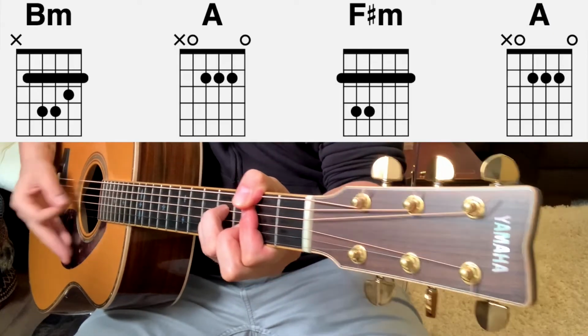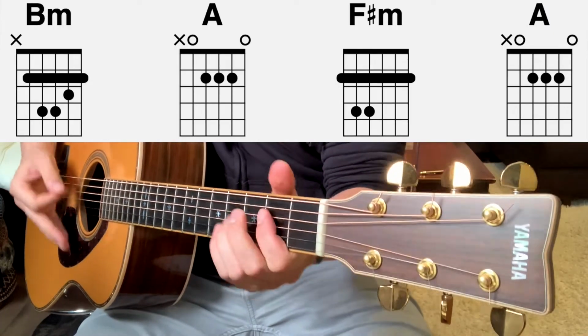And this part. And if we make a little space, a science fiction showcase, B minor, A, F sharp minor,